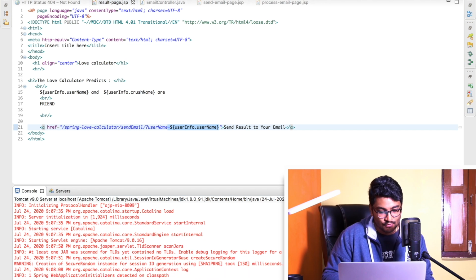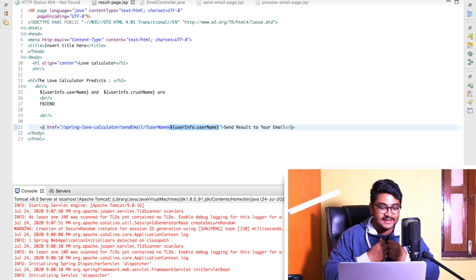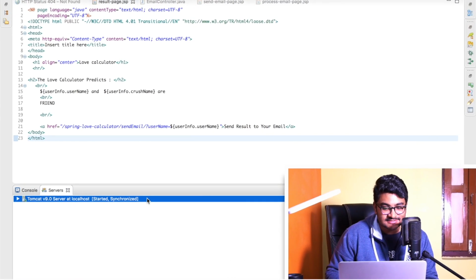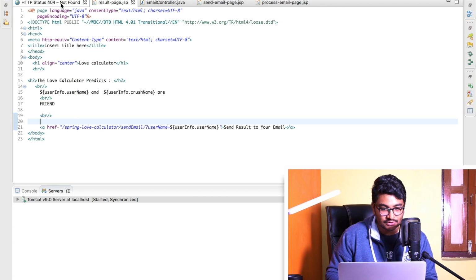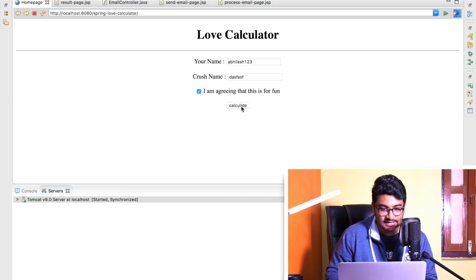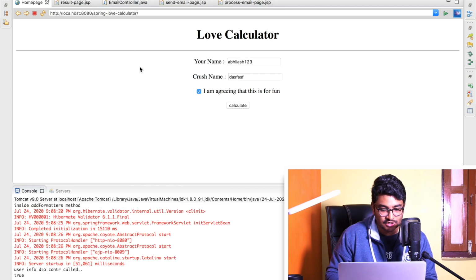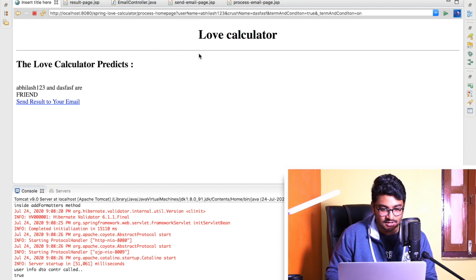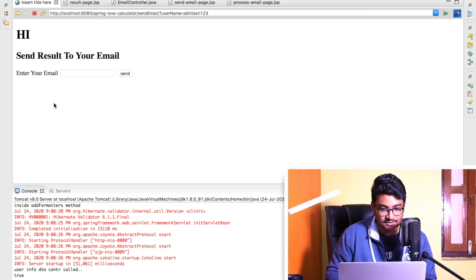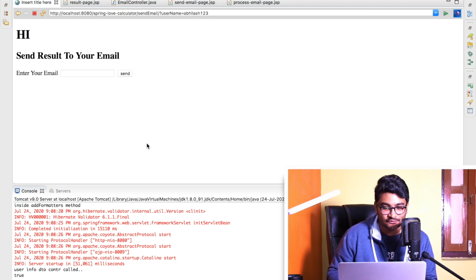So let me wait till my server reloads the changes, and it's initializing the dispatcher, as I can see in the log. So my server is started right now. If I go to this particular page and hit calculate here, I'm going to go to the result page. Okay. Right now, if I hit this particular link, I'm damn sure I'm not going to get a 404 error. See here, I haven't got a 404 error